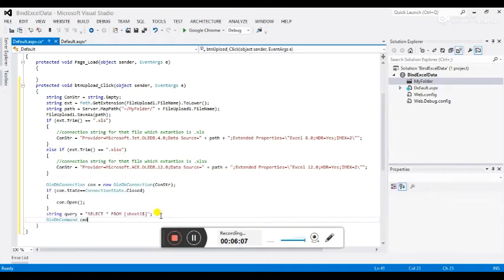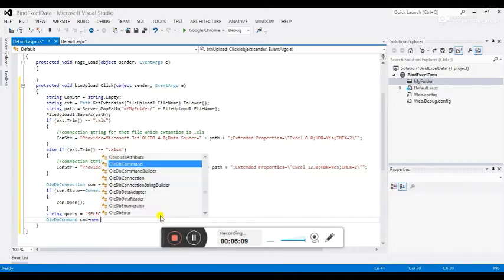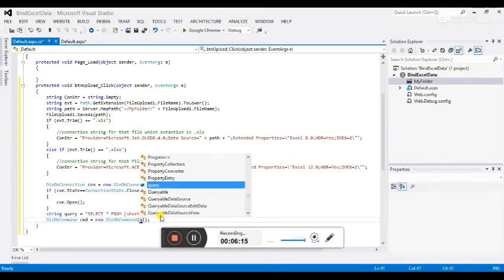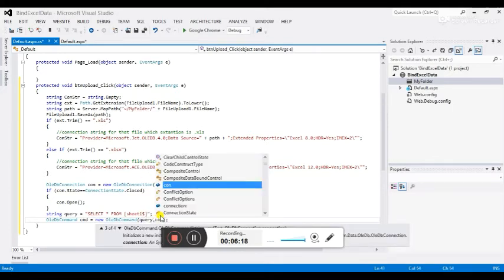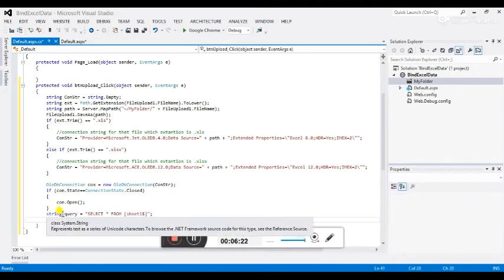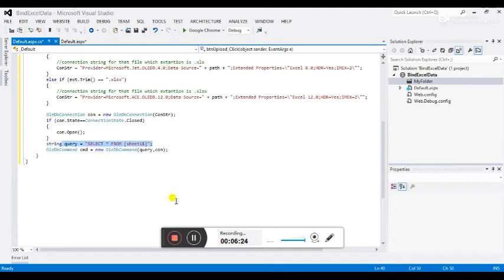We are going to select the records from this Excel sheet, that is select star from this sheet. Now we have to use the command class, and you can see that I have passed my string variable which contains my select statement, and I have also passed this connection variable, which contains my connection string here.